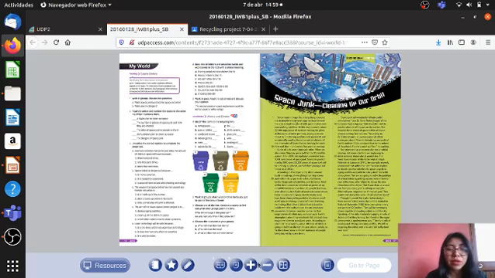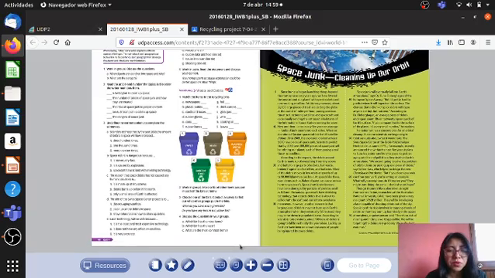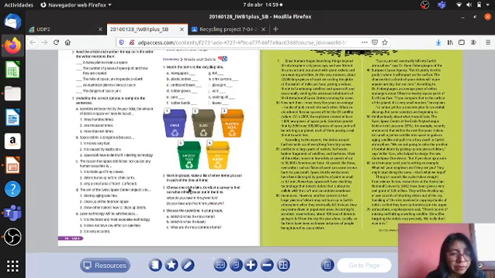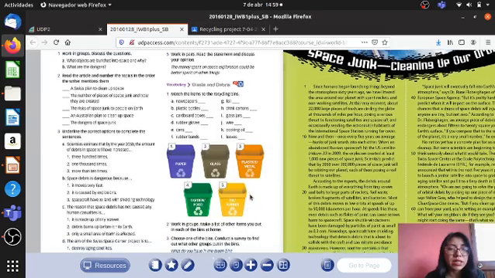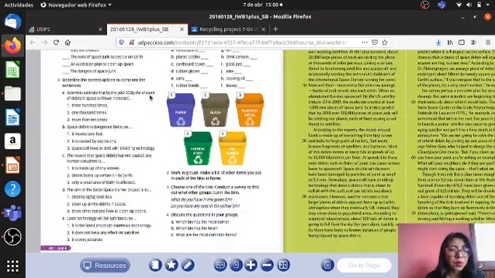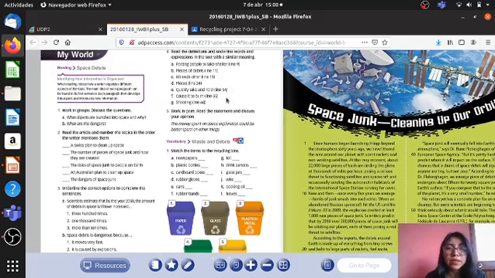As I said before, today we are going to do a reading activity. So please open your books on page number 40. On page number 46, as homework, you have to do exercise number 1, exercise number 2, 3, and 4. Okay? Today we are going to read together, and I am going to explain what you have to do in each exercise, in order to do it in a better way, okay?